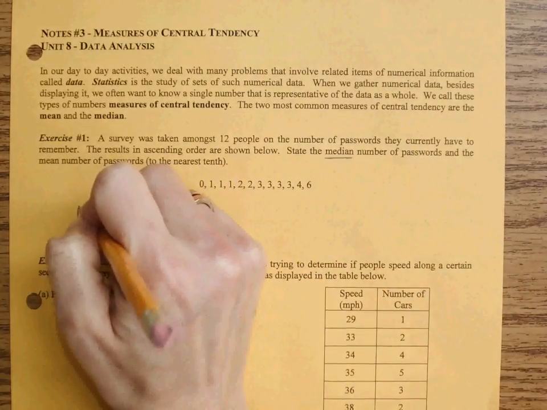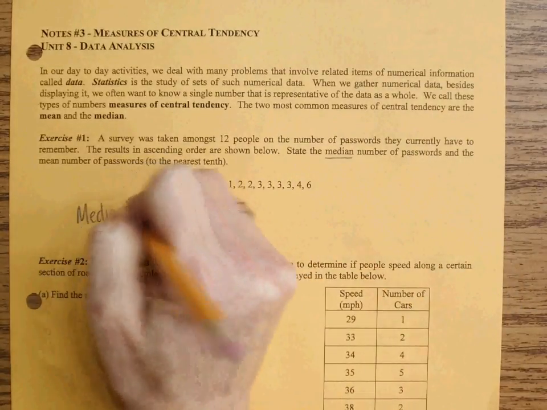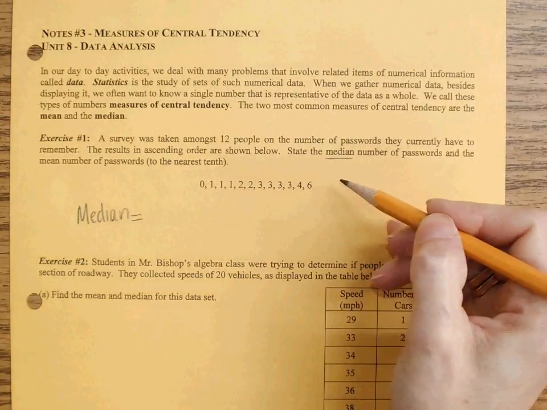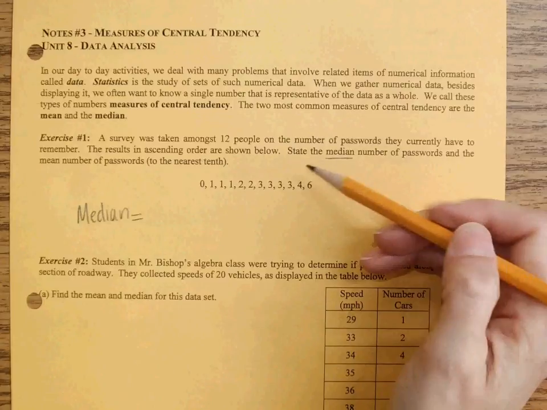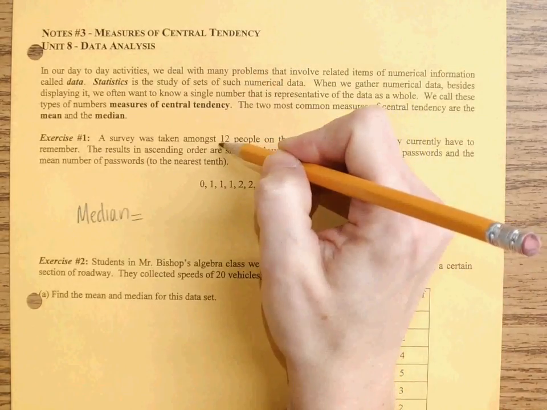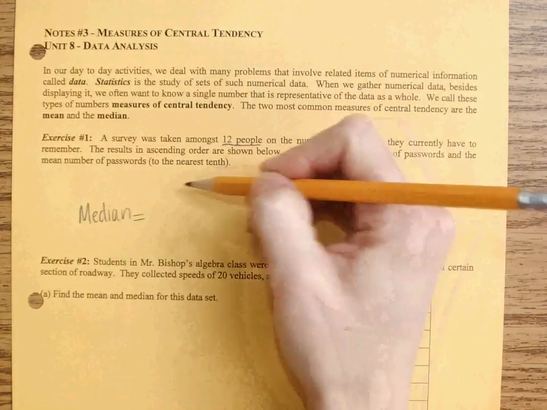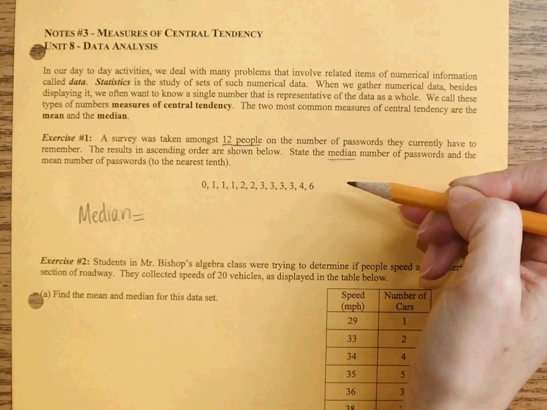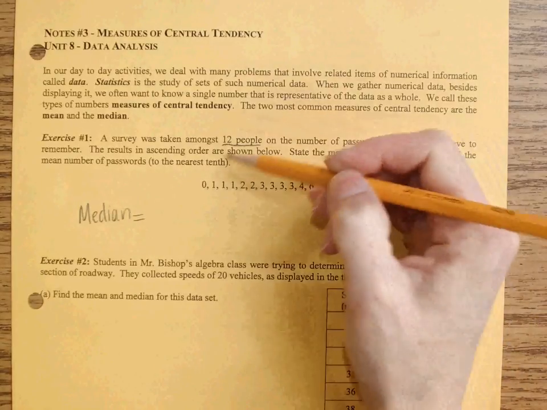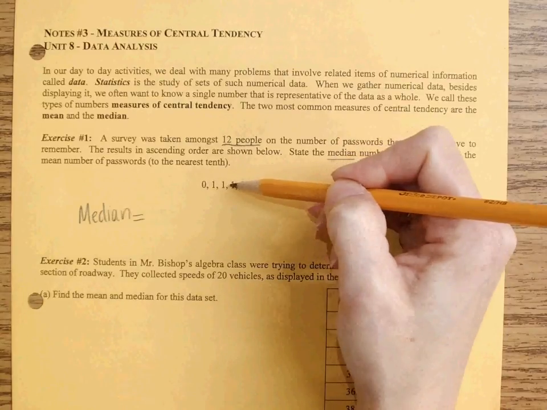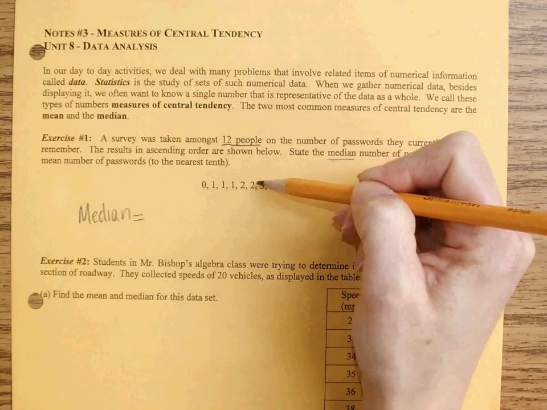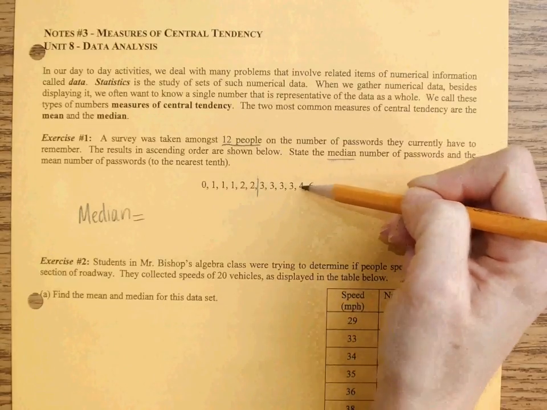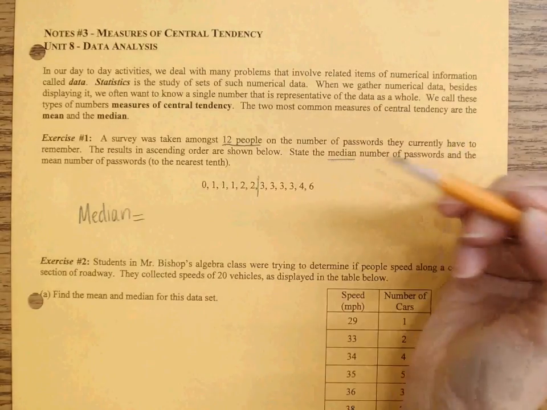Median, let's remember, is our middle number. So probably the easiest way with median, make sure your numbers are lined up in order, okay, which in this case they are. It tells me in the story problem that we have 12 elements in this. So my halfway point is going to be in between 6 and 7. So I'm just going to count. So 1, 2, 3, 4, 5, 6. Okay, and if I count on the other side, 1, 2, 3, 4, 5, 6,